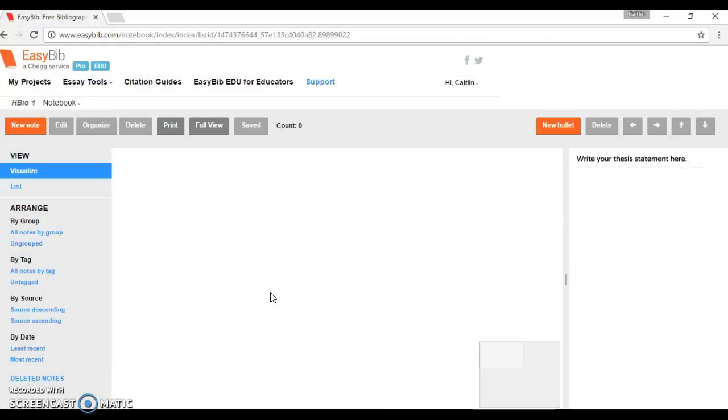Now, once you're inside the notebook, it's going to look something like this. It's a big blank space. We've got groups, new notes. To know that you're in the right one, it's going to state it right over here. Okay, so always double check that you have it here. You also have write your thesis statement here. Okay, this is the place where you're going to write the thesis statement that's going to derive and focus your paper. And remember that everything that goes in your outline, everything that goes in your paper, everything needs to relate